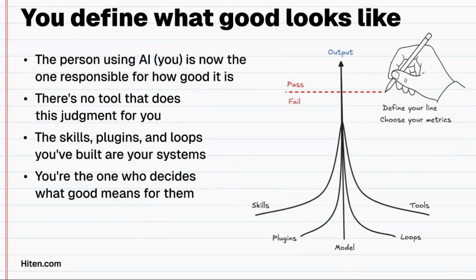So here, how do you define that? Basically, the person using the AI is obviously responsible for how good it is. And there's really no tools that do that kind of judgment for you automatically. So all these things that you've built with AI today, you're basically the one that has to decide what good